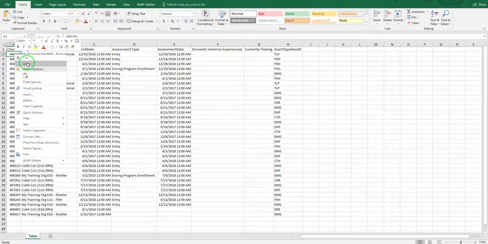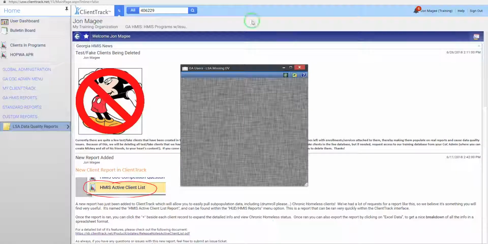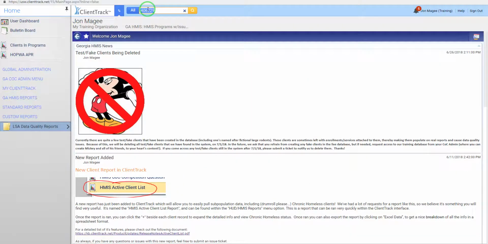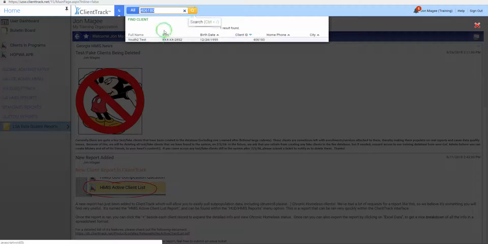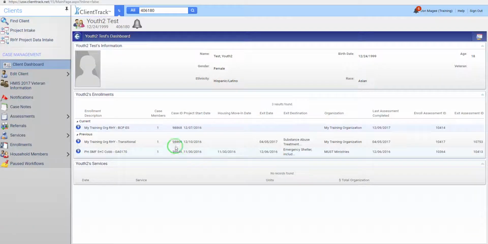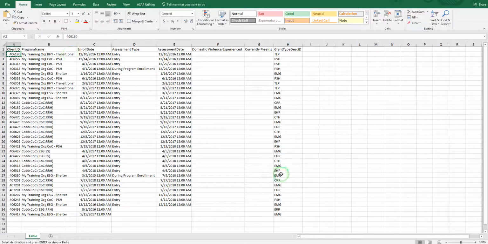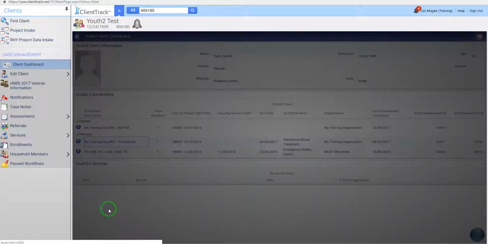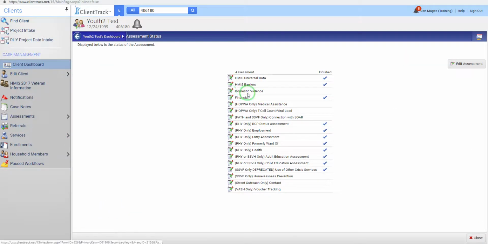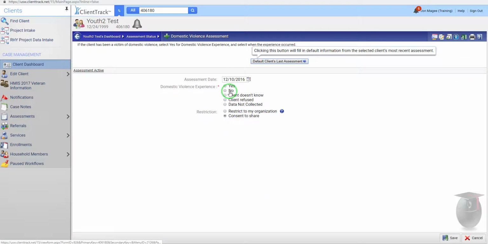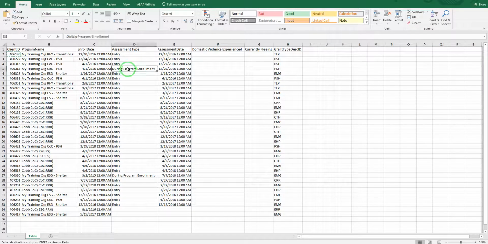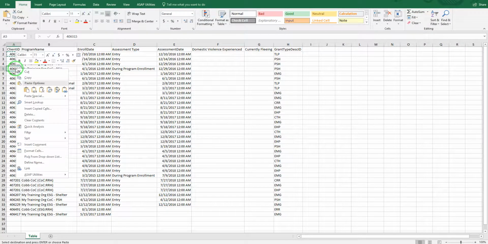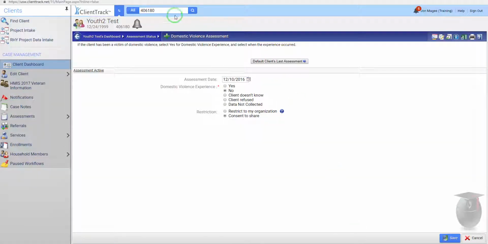So let's just go ahead and pull in this client. And this is for the transitional enrollment. And again, we would just do review entry assessments. We can see, yep, that domestic violence assessment was not completed, so we would just fill in that information and click save. This one is missing it on the during program enrollment assessment, so we would